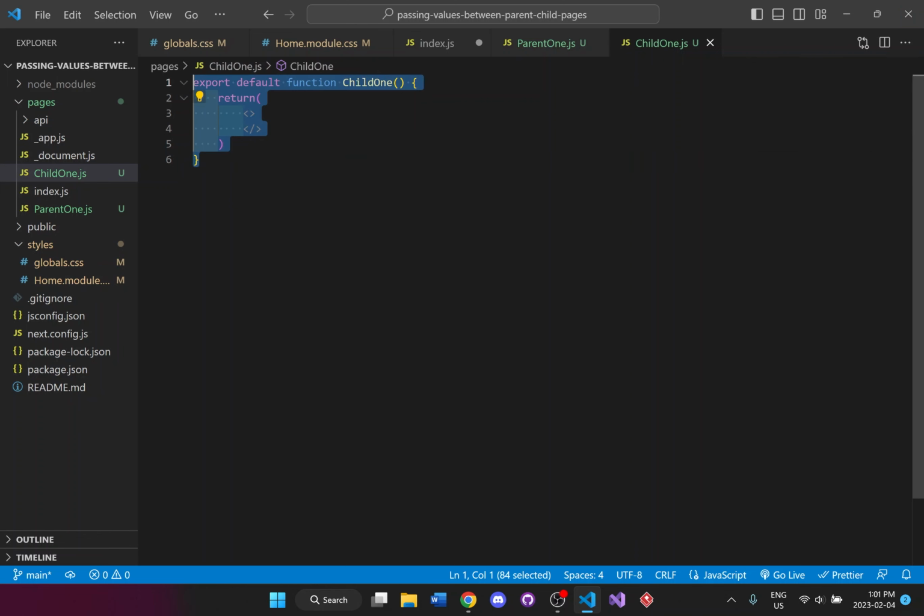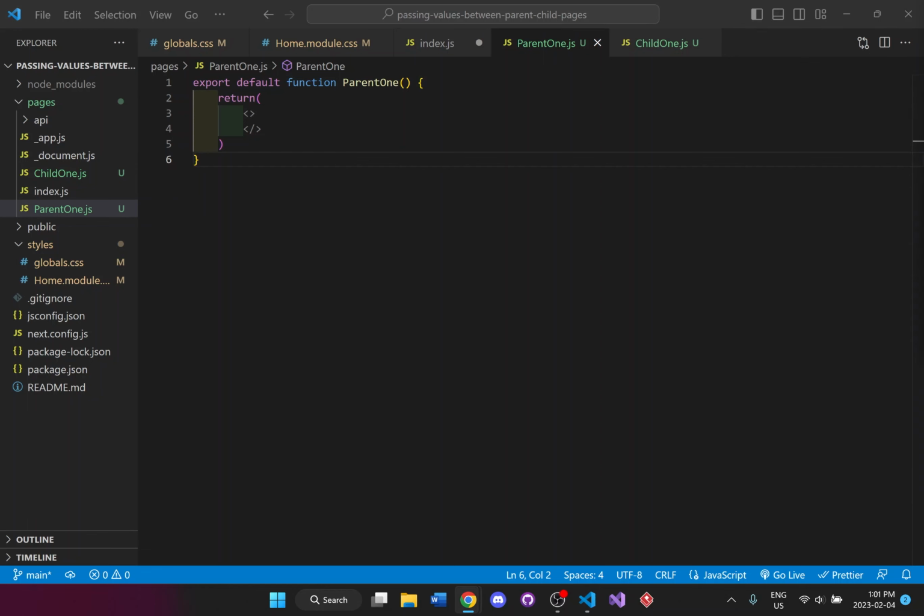But now that we have these two templates set up, actually I'll stay at child1 because we have to import it into the parent. And I'm just going to set up this code here. It's going to take the parent to child. And then here I'm going to just call the parent to child information. And that should display on screen. And what we want to do is we need to pass over some sort of value from parent to child. So we'll go to the parent1, and this is where we are going to be setting up some sort of information that will be passing it over to the child.